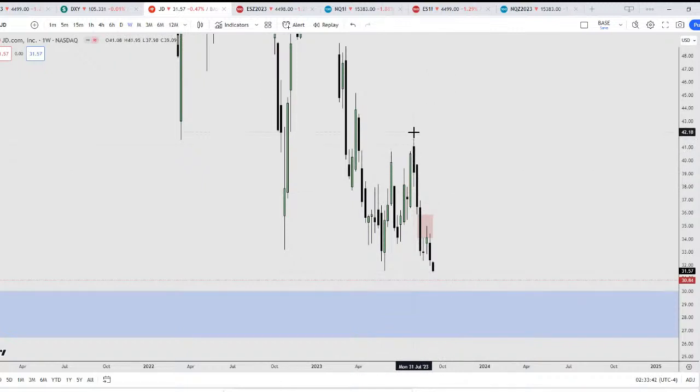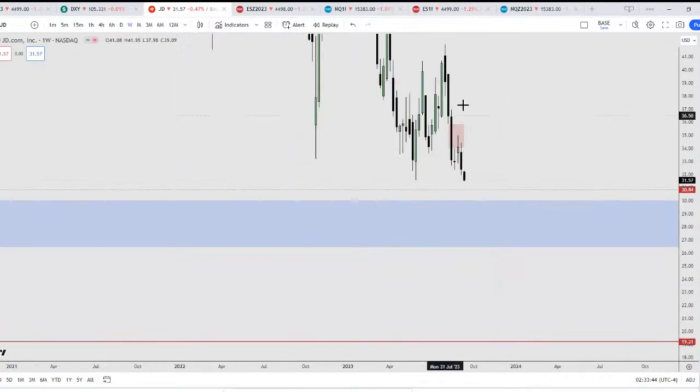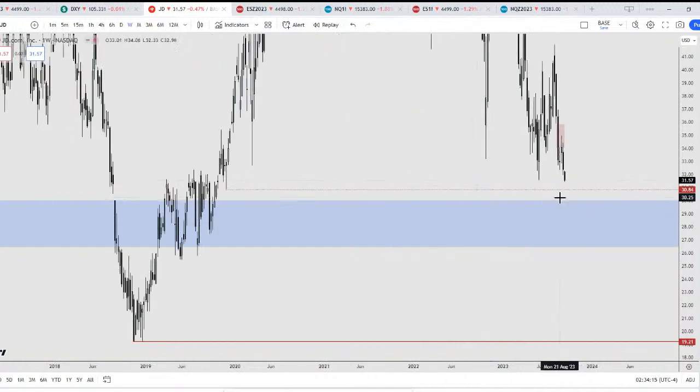So three drives higher, and then it crashes. A typical topping pattern here. Right here, as you can see, price is trading lower, taking out this swing low, I think. The low is 31.57, 31.40. Yes, it's taking out the swing low. So next week, I want to see speed below. I want to see speed trading down into 30.84. For next week, that will indicate bearishness,